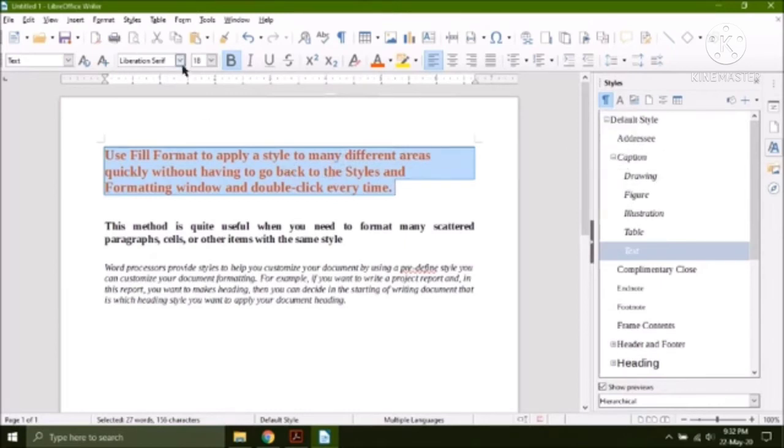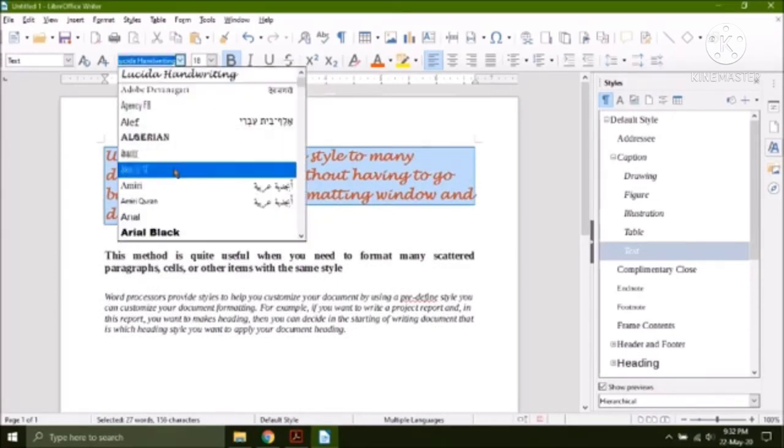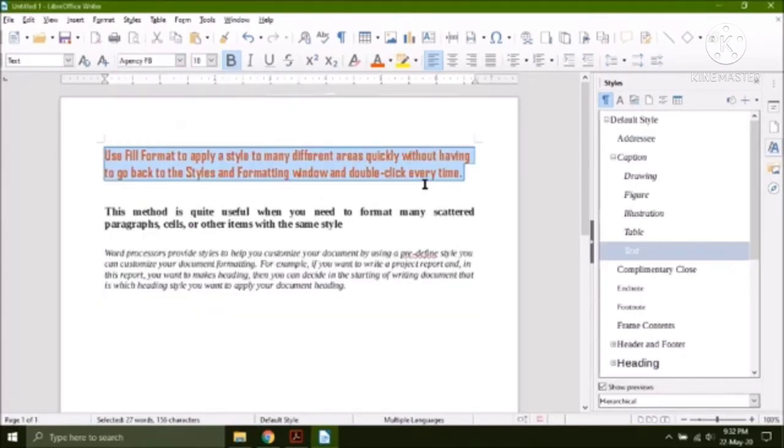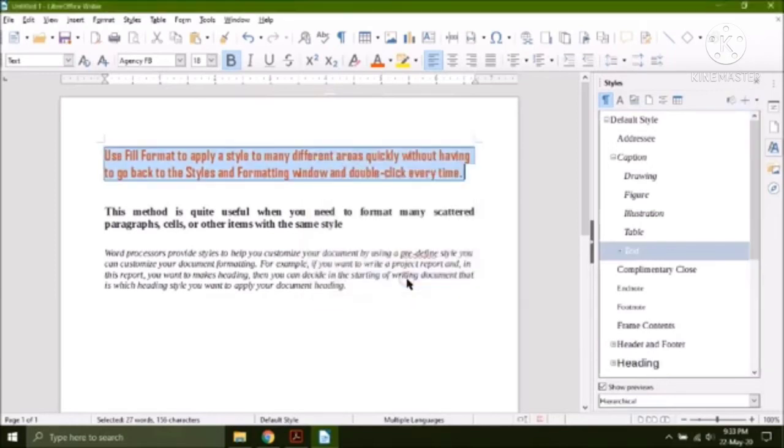After selecting the style, you can change the font. Suppose I am changing the style over here, any one you can select from here. Suppose I have selected this. Now this is my style. I want this style to appear in this style gallery. So here I will click on this option, new style from selection. Here I will give my style name. Suppose I type the style name as my style 1. This is the name that I have given. You can give any name. Then you have to click OK.